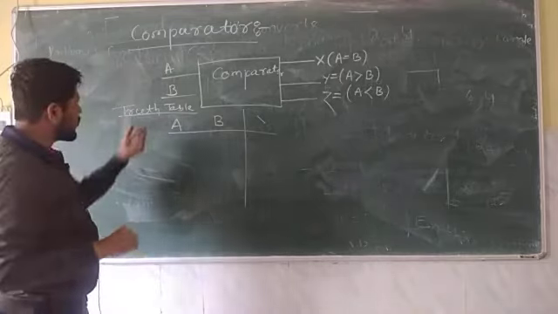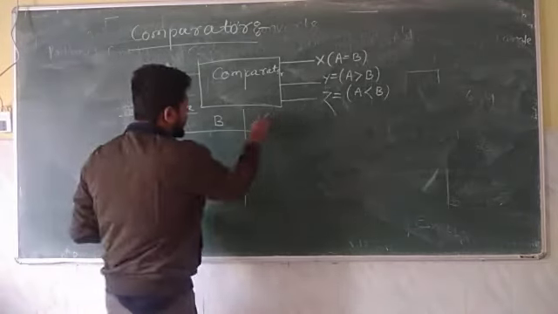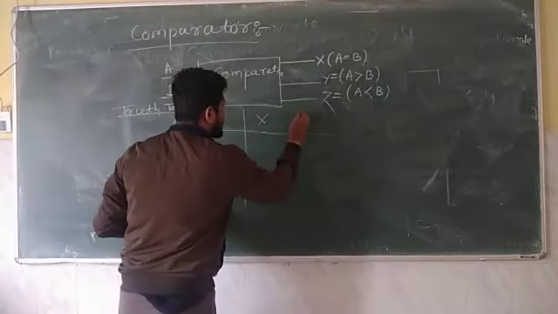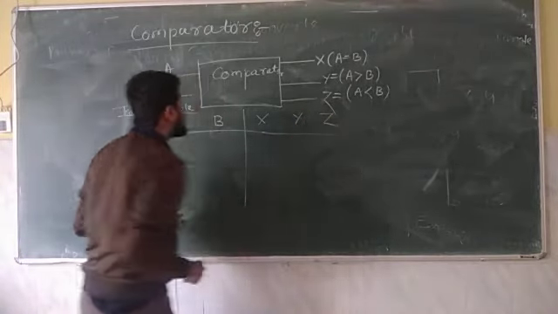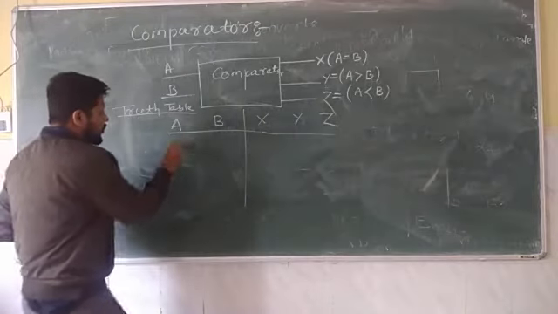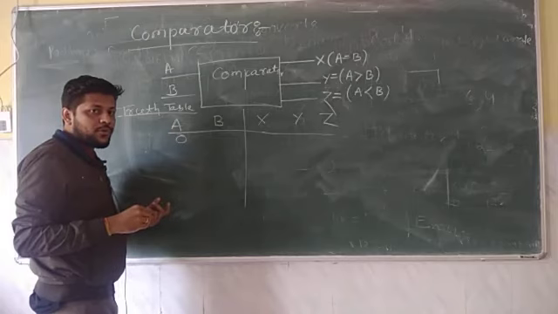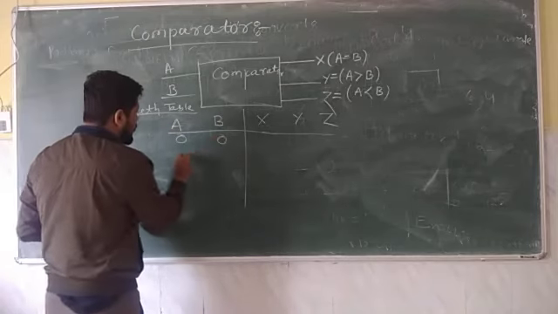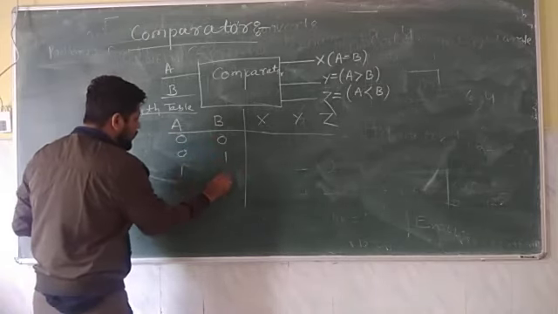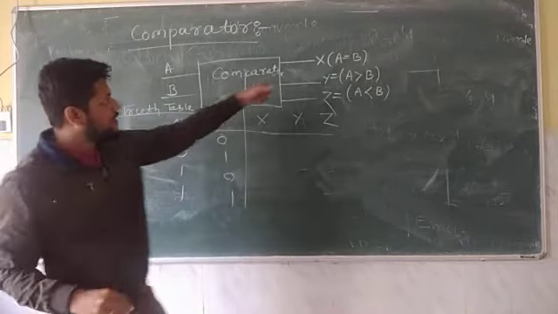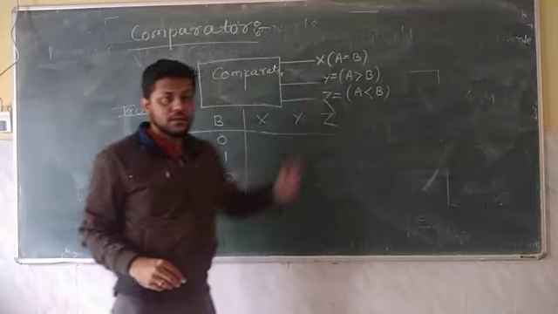ठीक है, अभी हम ट्रूथ टेबल ड्रॉ करेंगे कंपैरेटर सर्किट के लिए. So we have two inputs A and B and we have three outputs X, Y and Z. So A, B means we will take four possible combinations because we have two variables here. So 0 0, 0 1, 1 0 and 1 1. So X is the case where A equal to B.